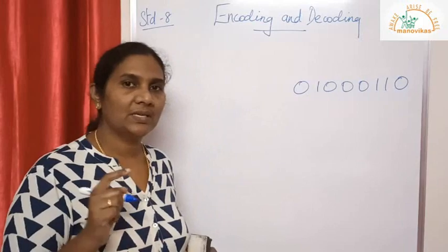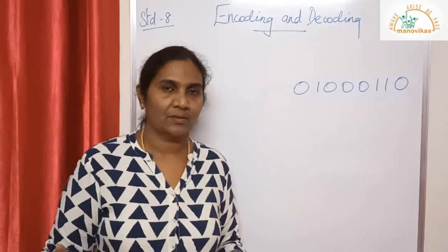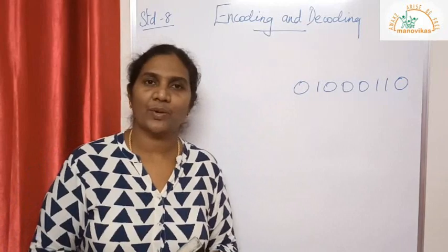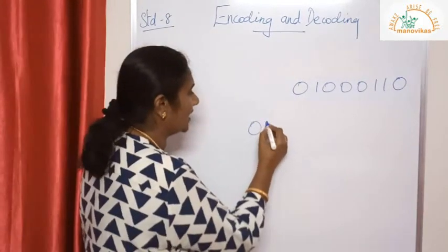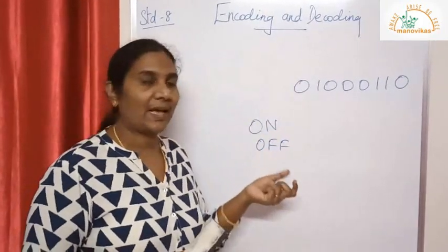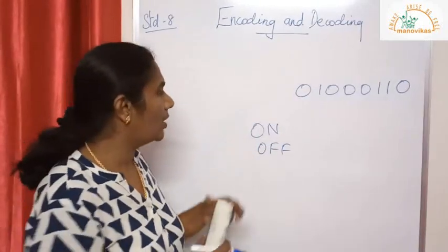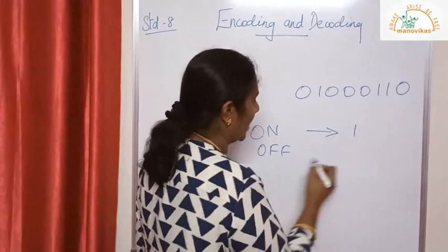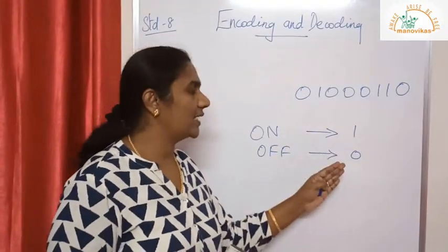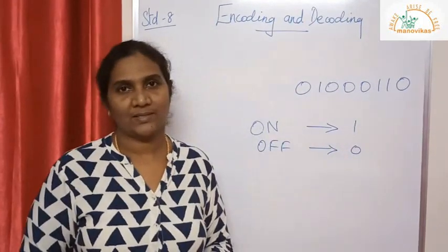Because computer is made up of many switches, and when you look around inside the house, there are so many switches you can see. What are the different states of the switches you can find? One will be of on state, other will be of off state. So switches can be in on or off state. So now this on is interpreted as 1 and off is interpreted as 0. So that is why we say that machine language is a collection of zeros and ones.